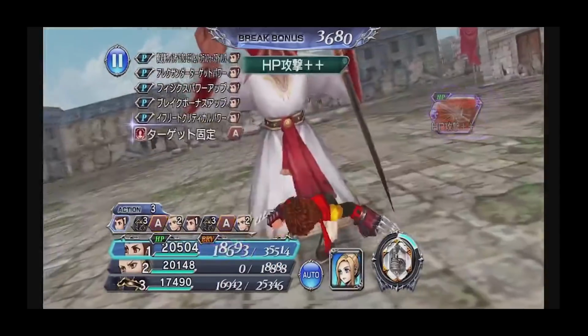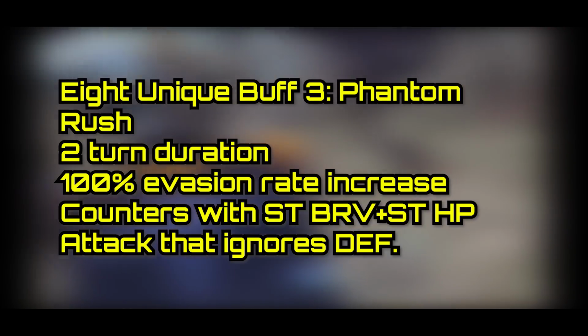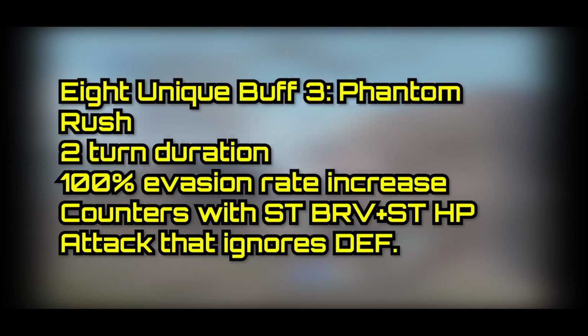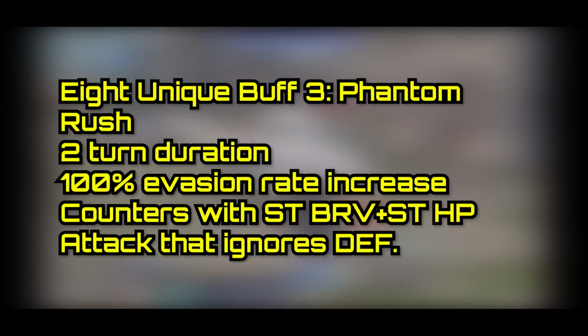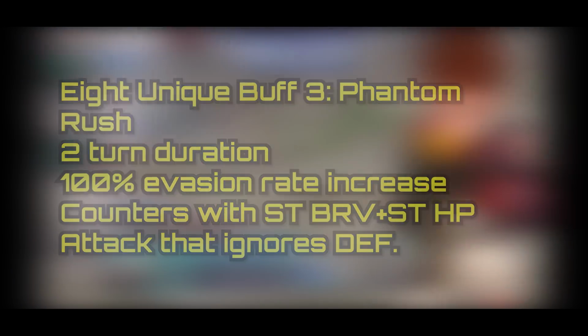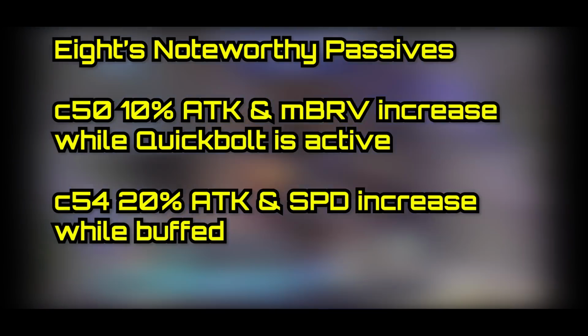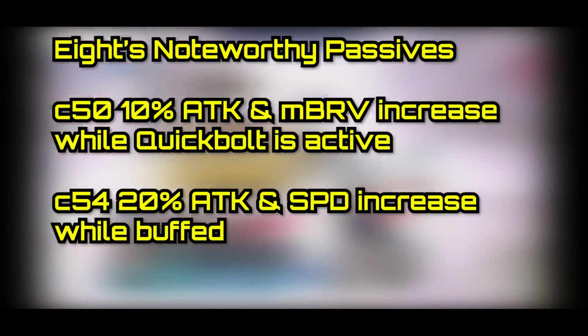His third unique buff is called Phantom Rush, which has a 2-turn duration and increases his own evasion rate by 100%. While Phantom Rush is active, 8 will counter the enemy with a single target brave plus single target HP attack that ignores defense. 8's most noteworthy passives are his C50 passive called Justice Driven Young Pugilist, which increases his